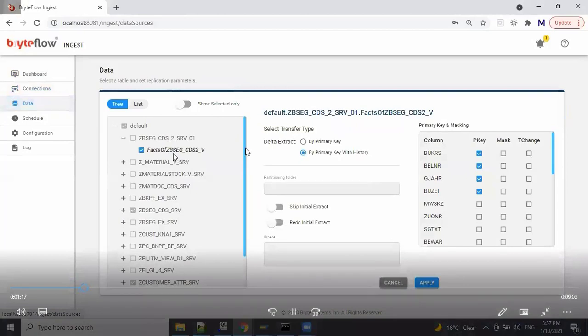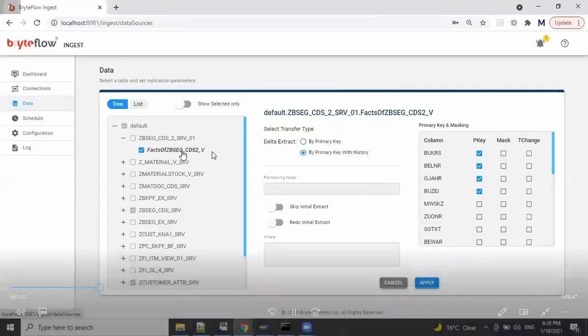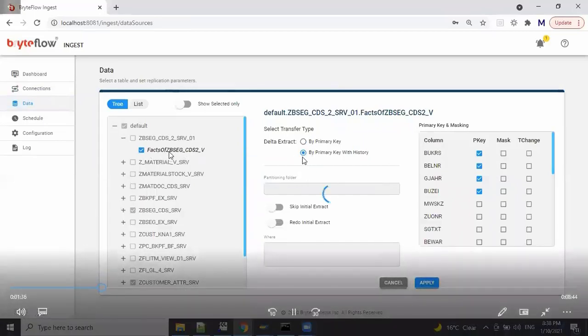So for the demo, we have selected a CDS view based on BSEG, where the service is pointing to the CDS view on BSEG and configured for ODP extractors as an OData service. So in the delta extract type, you can choose by primary key or by primary key with history. We are going to see the history on the destination. So we've chosen primary key with history as an option where the type 2 SCD history is generated out of the box. Primary key columns are auto-selected, and that's where